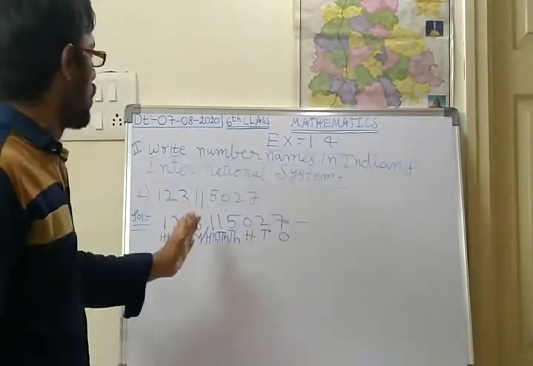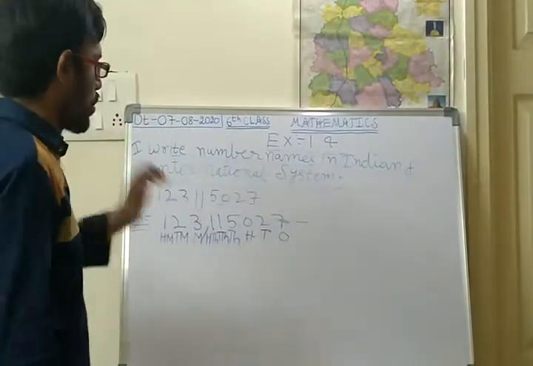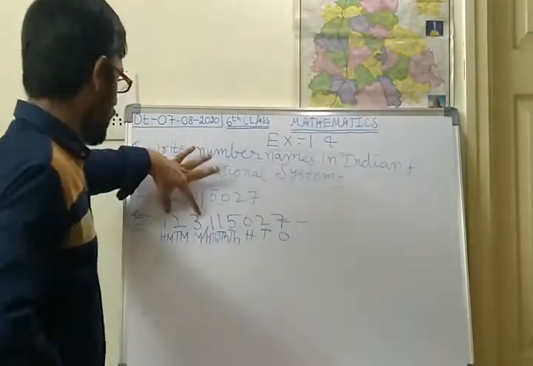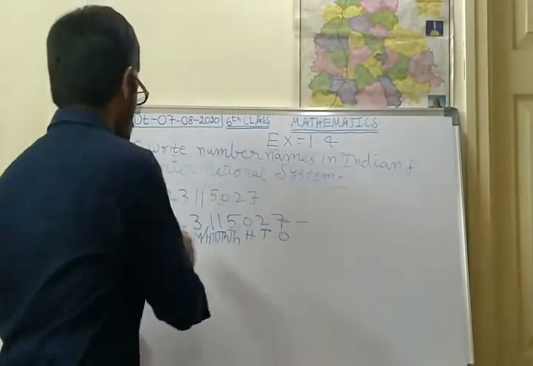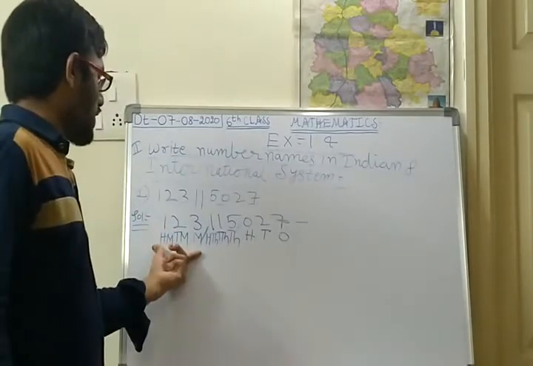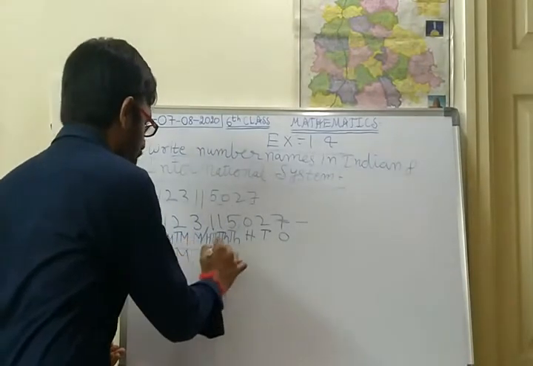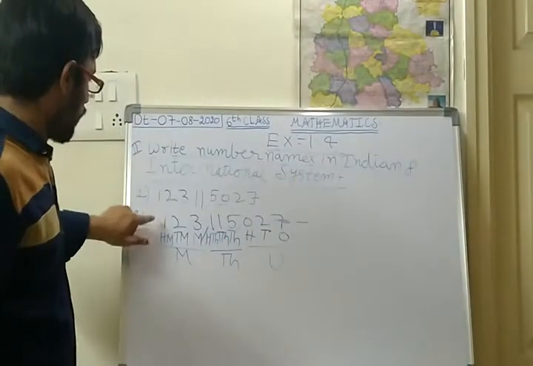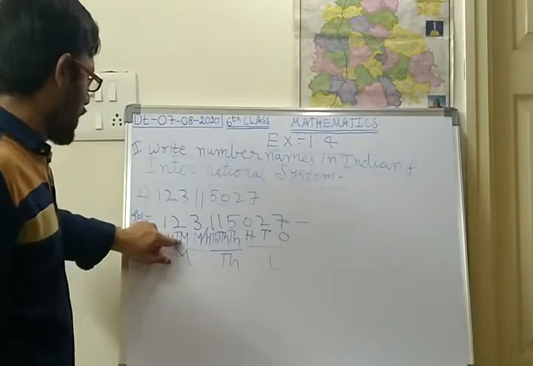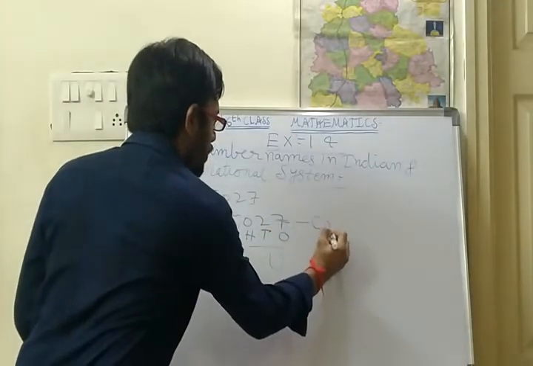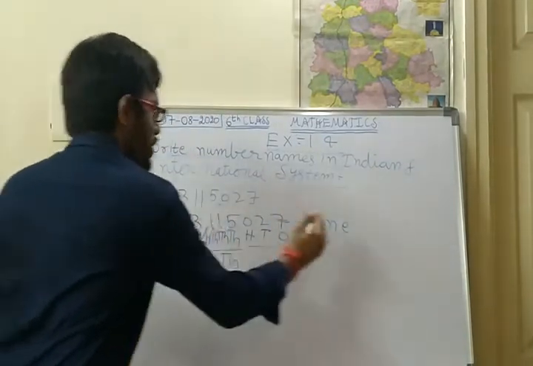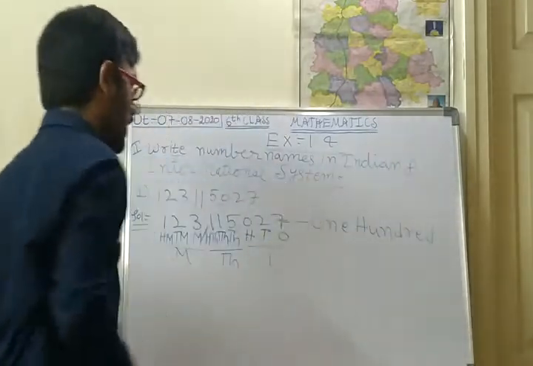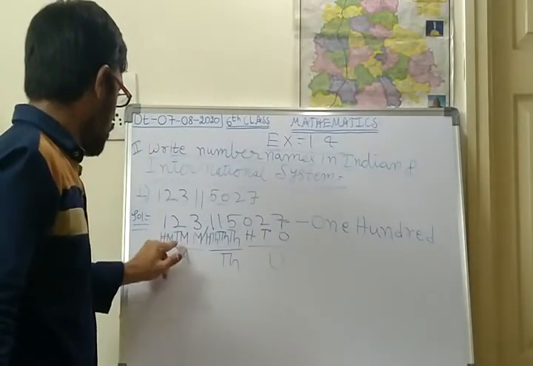So after keeping places, what you should write? Now you should write the number name for this number. First starting with the first number. So 1, 2, 3 is a millions category. This 3 belongs to millions, this 3 thousands, this 3 units. So 1, 2, 3. 1 is in 100 million, so hundreds, tens, ones. 1 is in hundreds place, so 100. Next 2, 3. 2 is in tens, 3 is in ones.